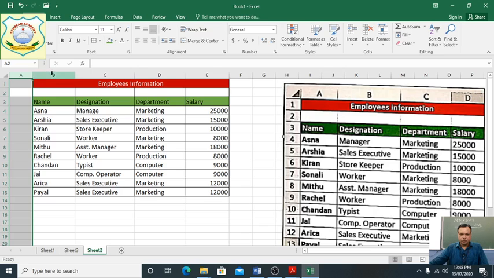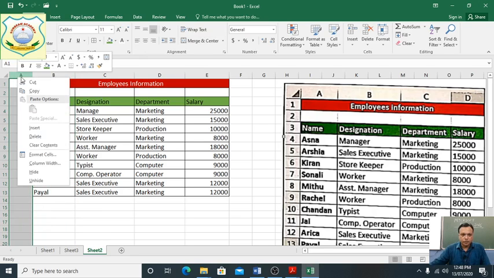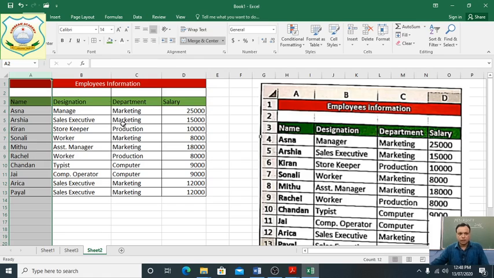Clear? This is A for the name column, B designation, C for department, D for salary. And rows 1 to 13 we have used.